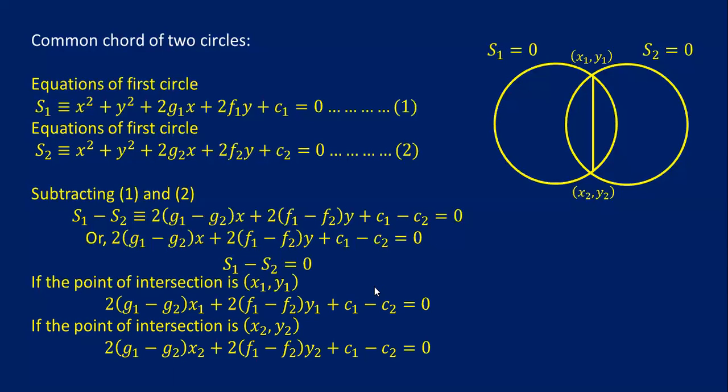Now we will see a mathematical problem. If we see a mathematical problem, then it will be clear. We have to remember that if we subtract the second circle from the first circle, their points of intersection make a straight line. Now we will see a mathematical problem, that will be easy.